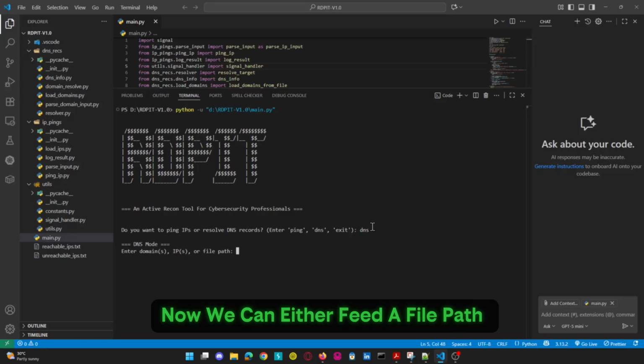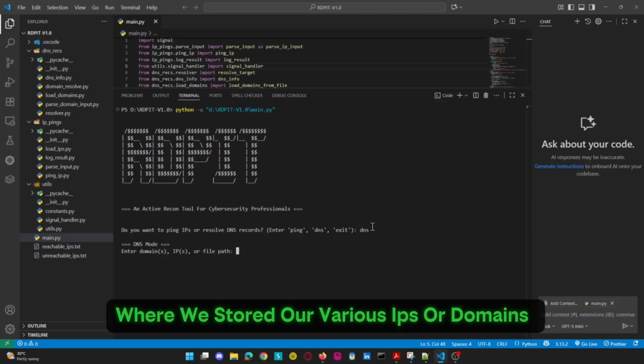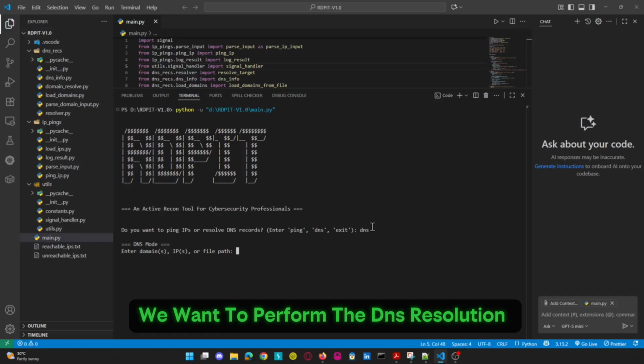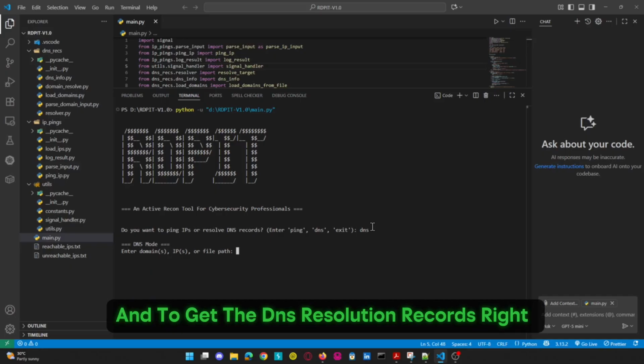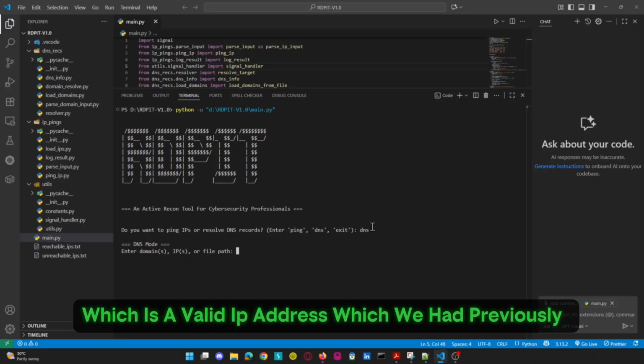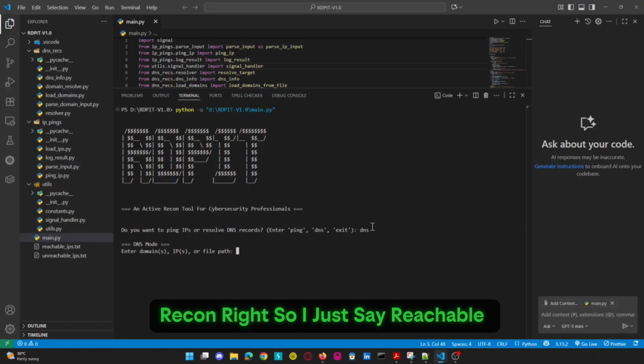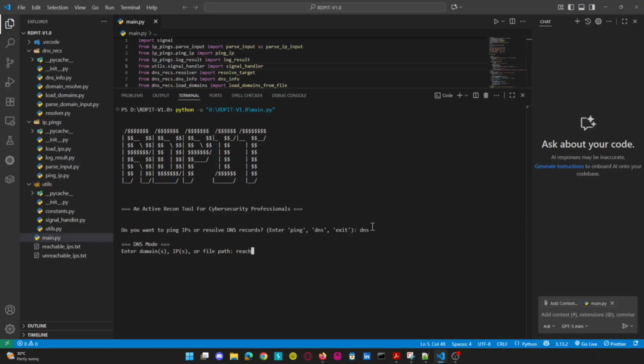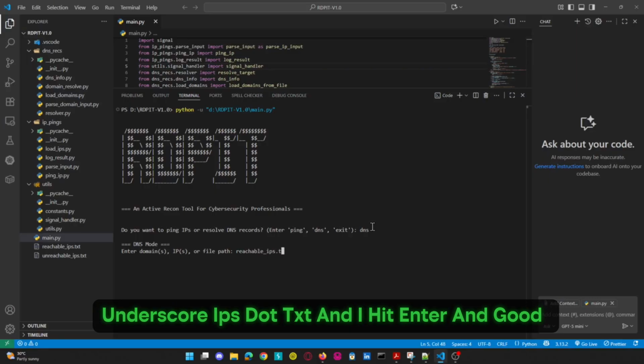Now we can either feed a file path if we have a different file path where we stored our various IPs or domains we want to perform a DNS resolution on to get the DNS resolution records, right? But in this case, we want to use the existing file, which has valid IP addresses, which we have previously recon'd, right? So I'll just say reachable_IPs.txt